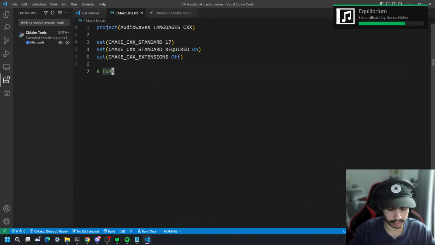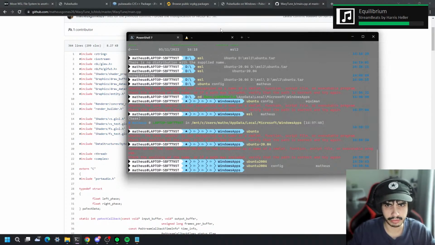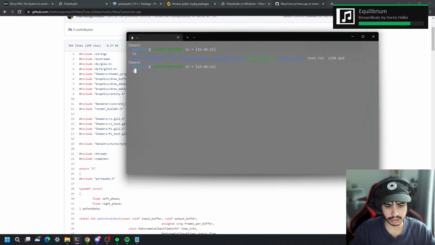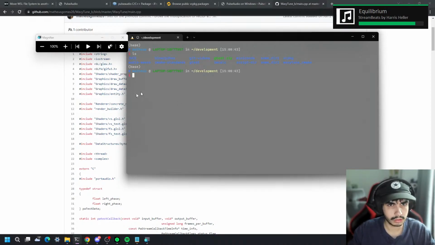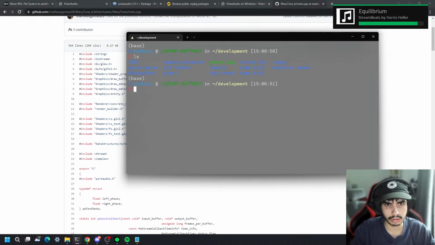What I'm gonna do now is jump onto WSL, and I'm gonna do it from there because I prefer working on there. Okay. And hopefully you guys can see. No magnifier, please. There you go. Okay, so if I make a directory called audio waves,